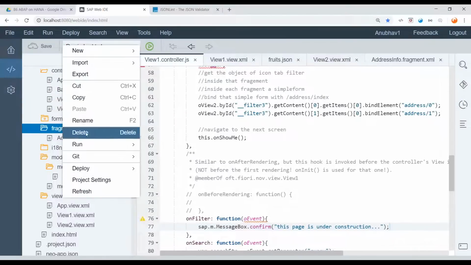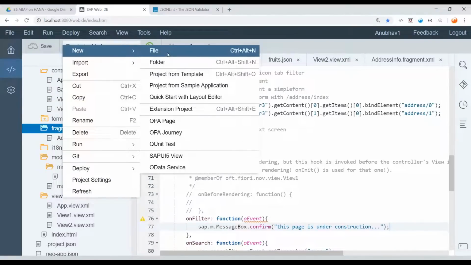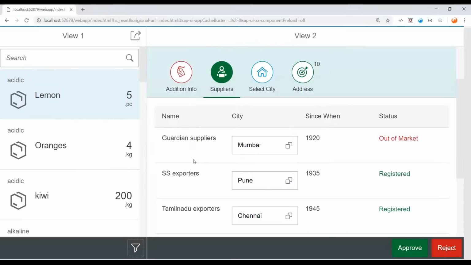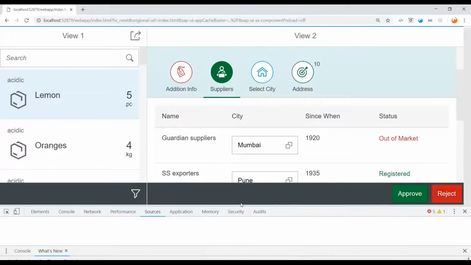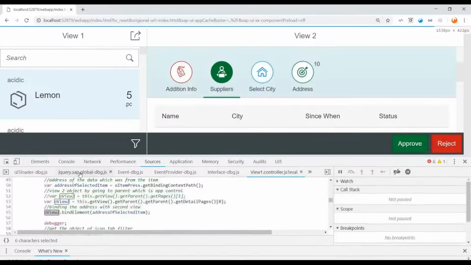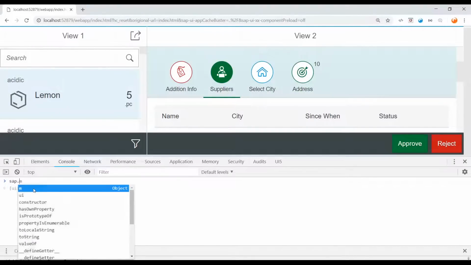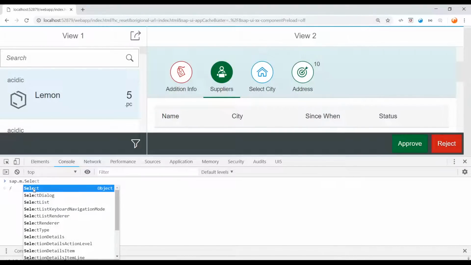So once again, I'm creating a new fragment. New file, and I say pop. You can give any name, whatever you like. You can give Spider-Man dot pop, sorry, fragment dot xml. And guys, to show you what control I'm going to use, press F12. There is a control in SAP UI5. The name of that control is called select dialog. So just choose sap.m.SelectDialog,